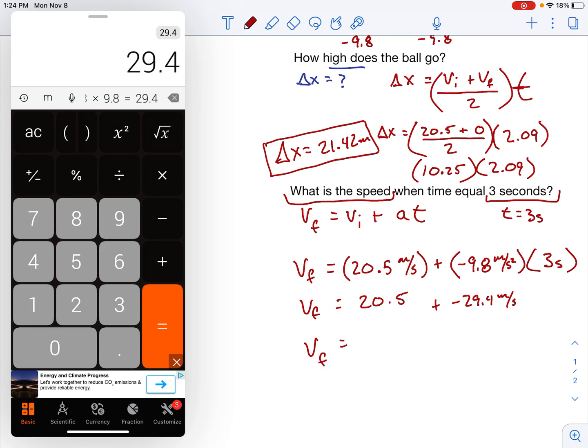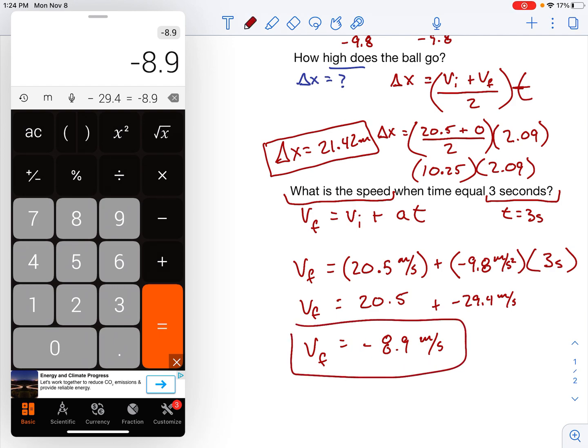Write this down. And so then all we need to do is basically subtract off 20.5, or if you would like, I can do it this way: 20.5 minus 29.4, and what we're left with is 8.9 meters per second. And the key thing to note here is it says it's negative